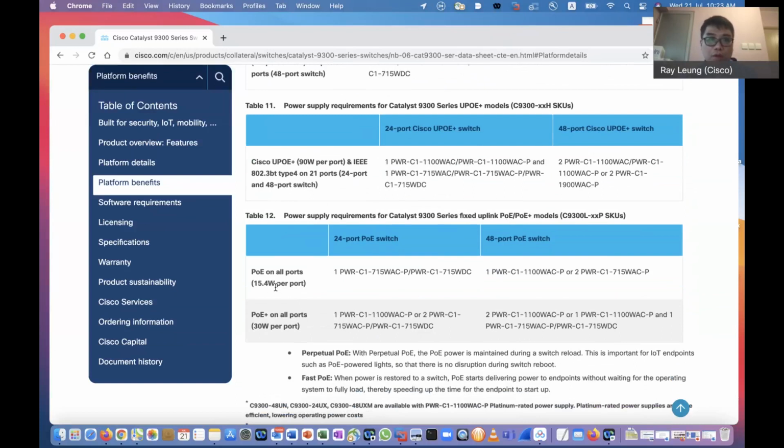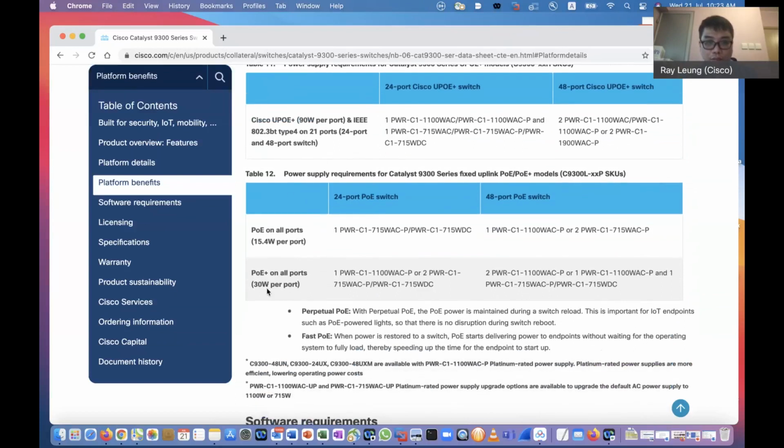It's 802.3af, the traditional per-port PoE. If you're looking for 30 watts per port, you have to use this kind of power supply in the board, so it's very important. For the 24-port PoE, you need the PoE at 15.4 watts. It's standard, the standard PoE maximum